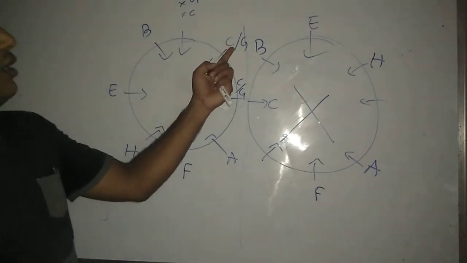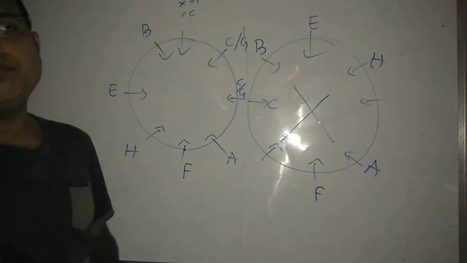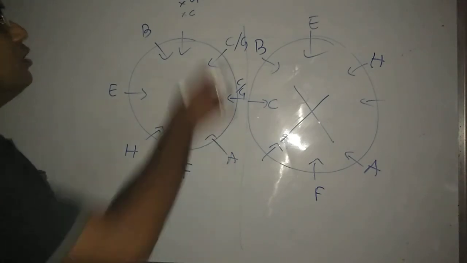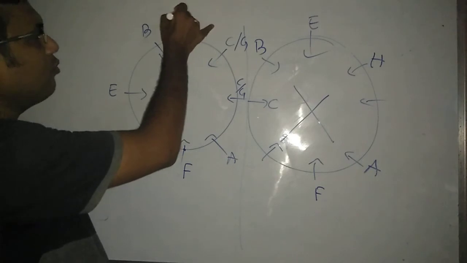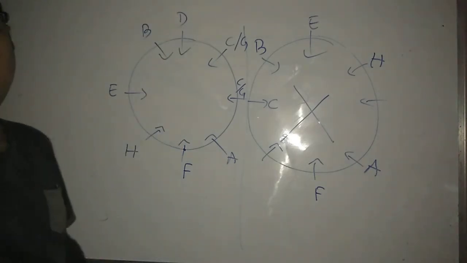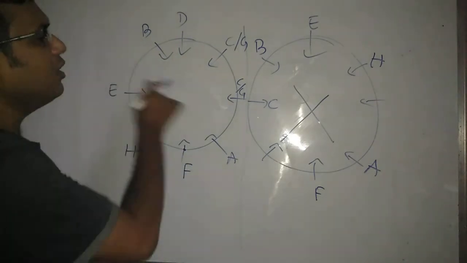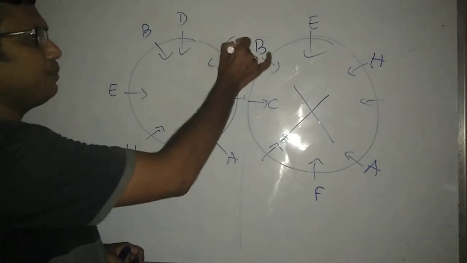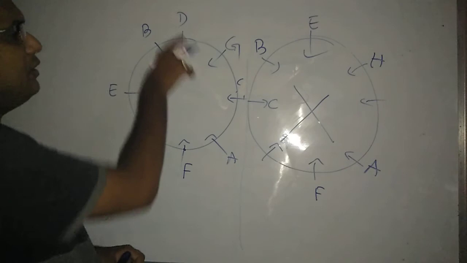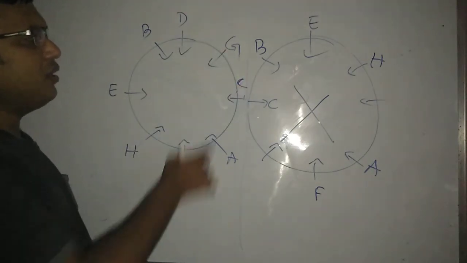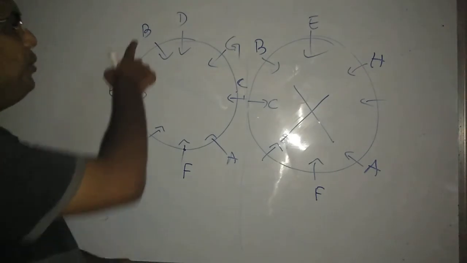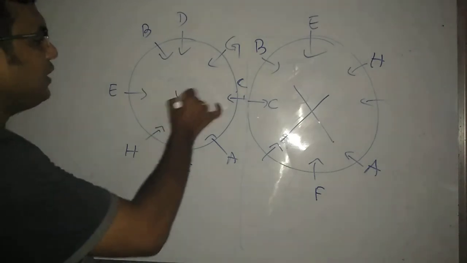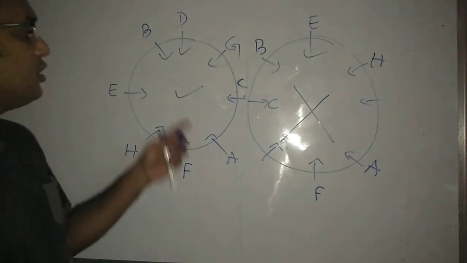So maybe the position of C is here or here. Then another line is there. Only one member is sitting between C and D. Only one place is left, so you definitely put the position of D here and try to satisfy that line. Only one member is sitting between C and D. So obviously this is the position of C, this is the position of D, and you write G here. So C and G are immediate neighbors of each other. Neither C nor G is immediate neighbor of B. Only one member is sitting between C and D. All the things are satisfied, so hence this is your diagram.